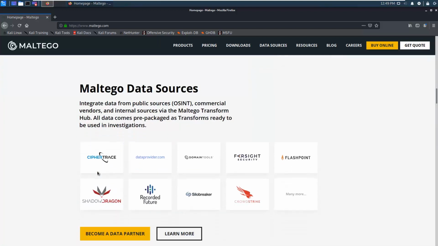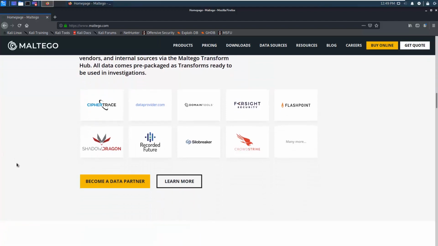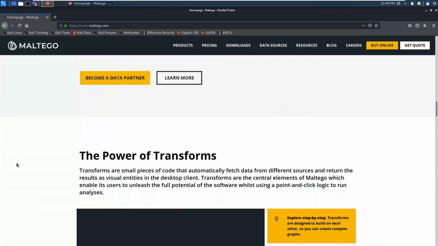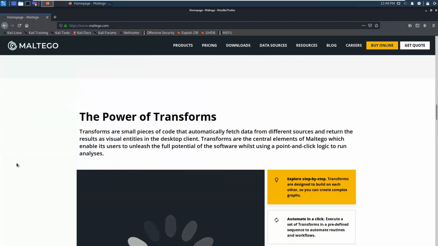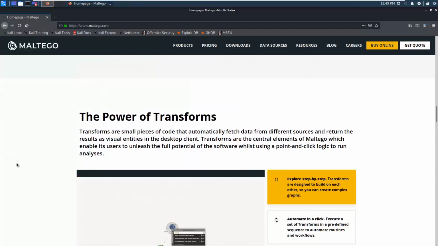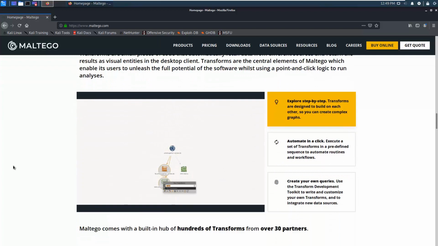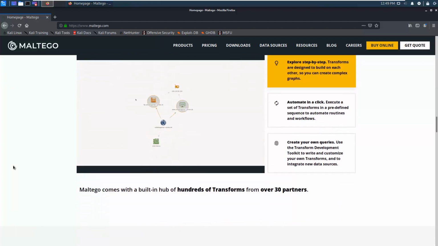Maltego gathers information from different sources. You can see it over here. It gathers information from multiple sources and provides you a graphical interface where you can map the information, find out some critical information as well, and map your target in a graphical way, right? So let me open Maltego first.